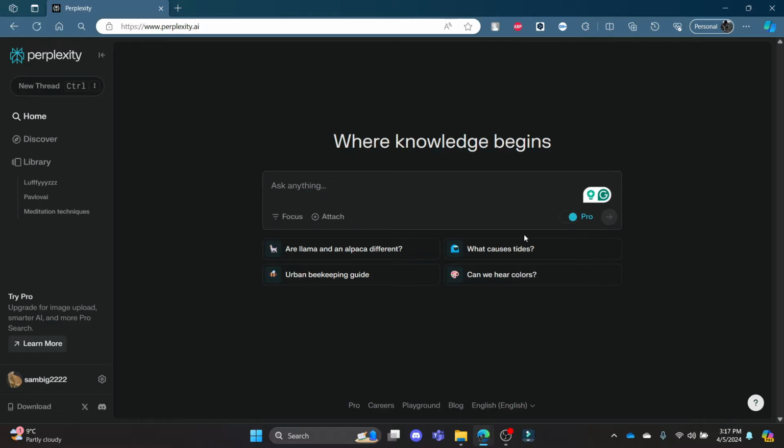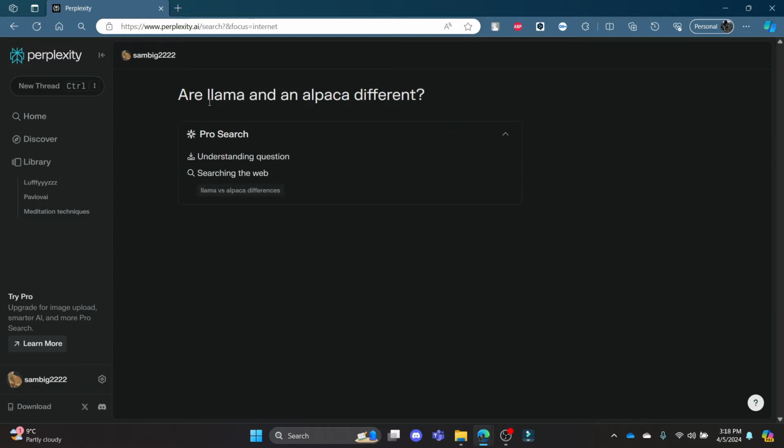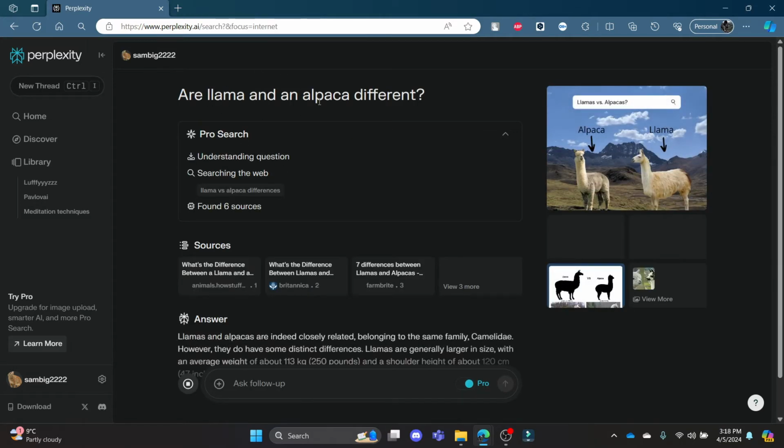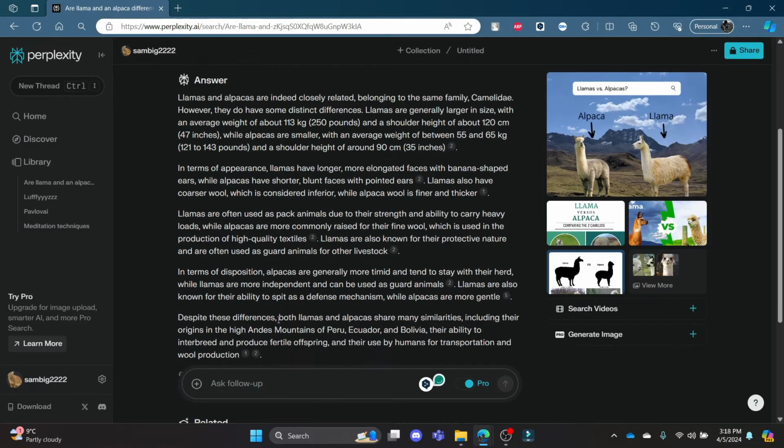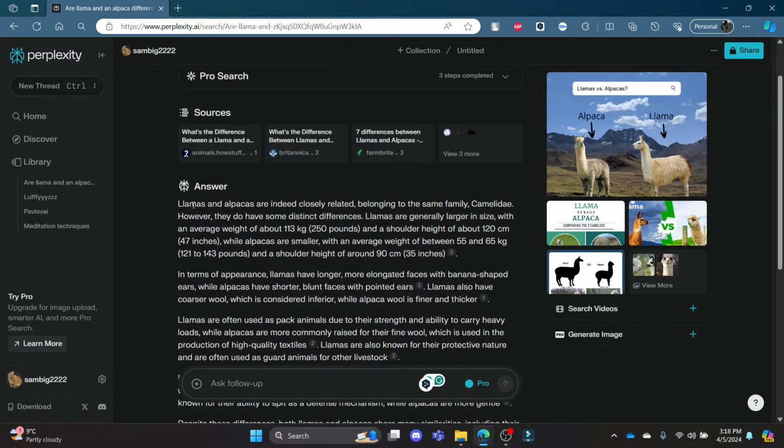In this video, I'm going to teach you how you can add your threads in your collection. So go ahead and open Perplexity AI on your Chrome or Edge account and then log into your Perplexity account. Now let's start giving new threads. Let's go ahead and click this. Our llama and alpaca different, so you can see that the answer has been there, so you can go ahead